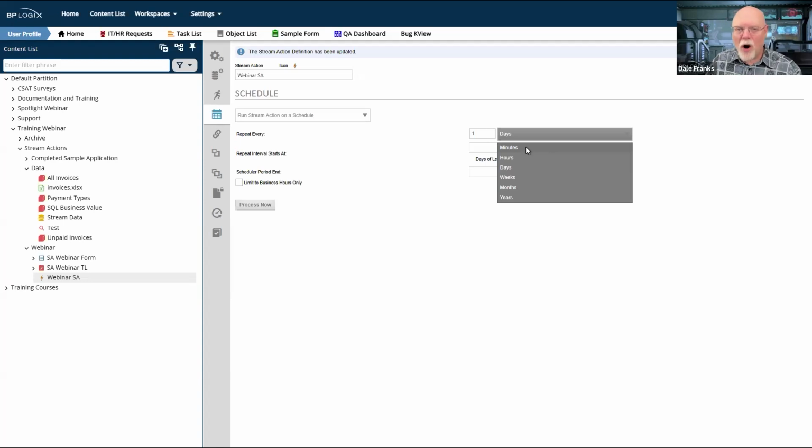Timing is based on timer checks running on the system. Now, timer checks are invoked in many different ways. They're invoked by user actions. So when a user completes an activity and a new activity is started, timer checks have to run to ensure that that new activity's duration is set and a due date is specified. And if it's a wait activity, we have to set the timer for the wait activity. All of those timer checks run usually based on user action.